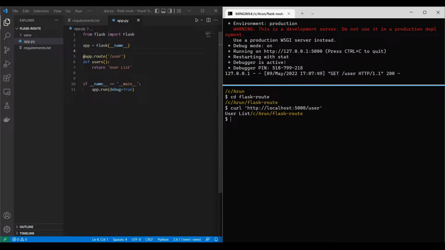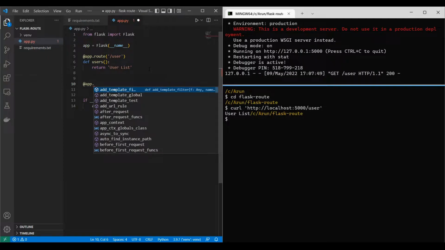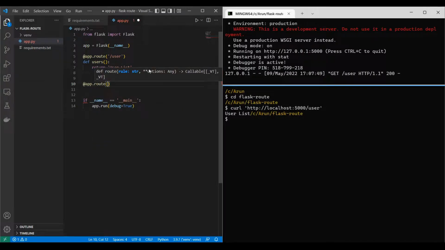Further on, I will show you how to pass and process the path parameters. For that, I'm going to define a new route and name it as slash user slash, and I'm going to pass uuid colon uuid. Here, I have defined the variable named uuid of type UUID. There are other valid types like integer, int, string, str, float, and path. Here I am going to stick to UUID